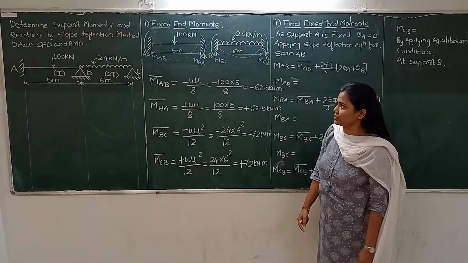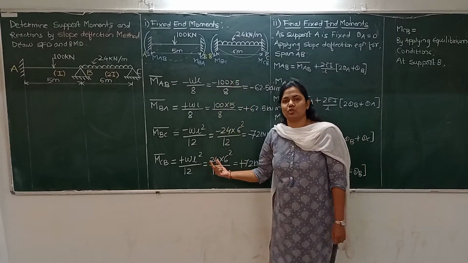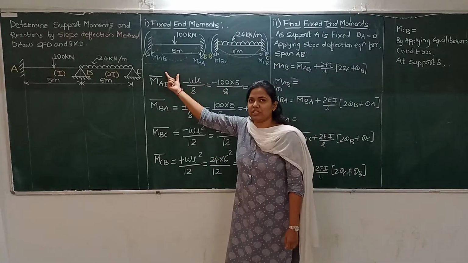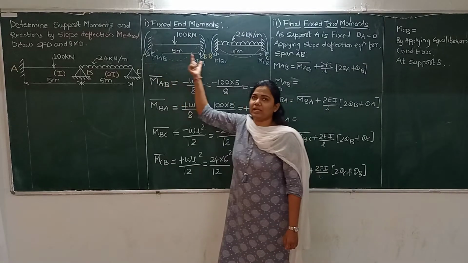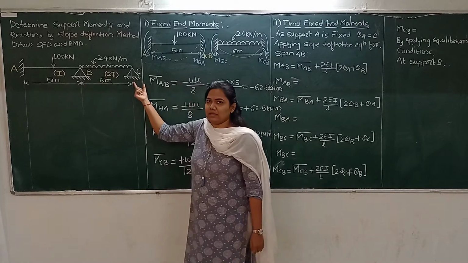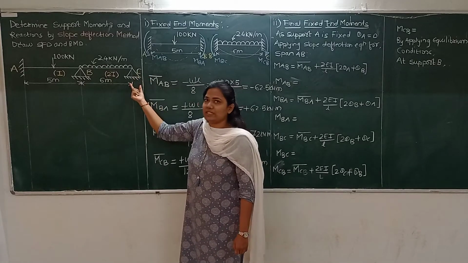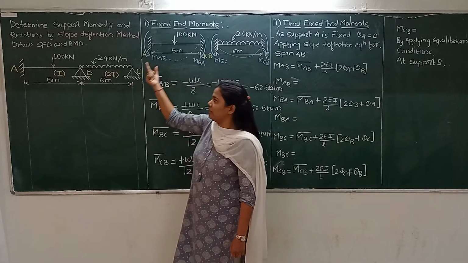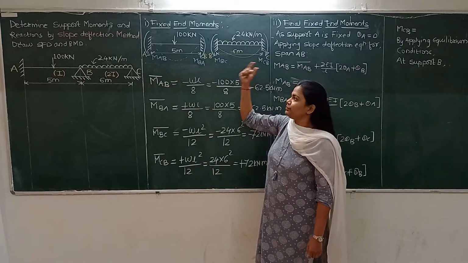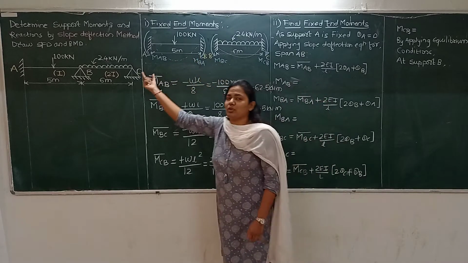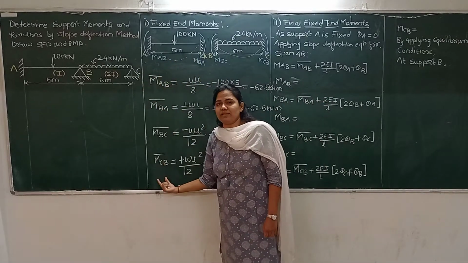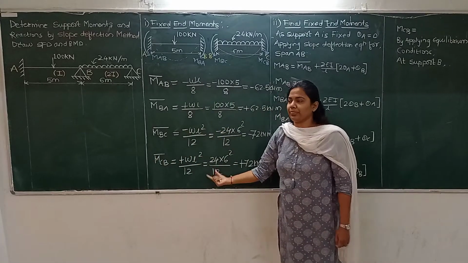at every support. So this is the first step in the slope deflection method, that is, separating the spans of the continuous beam and applying the fixed support at every support. Even though B is a hinge support and C is a hinge support, we remove the simply supported support from the continuous beam and we provide a fixed support at every support. And then, applying the fixed supports, we find out the fixed moments. So these are the developed fixed moments by the formulas.